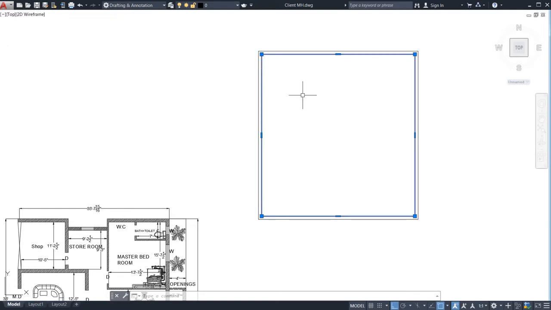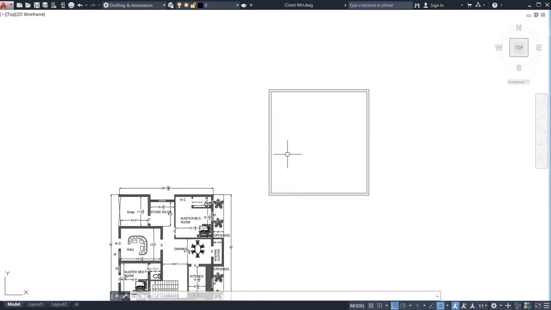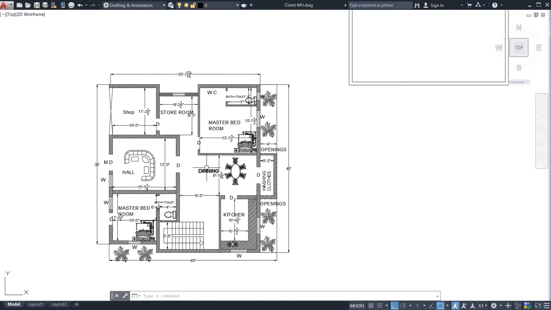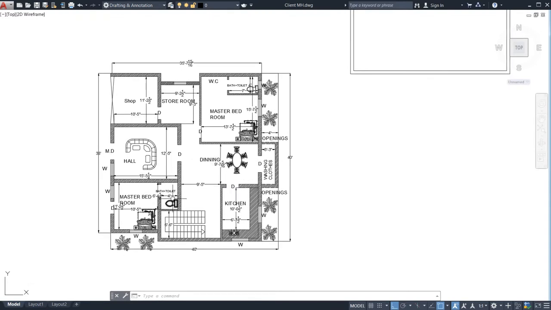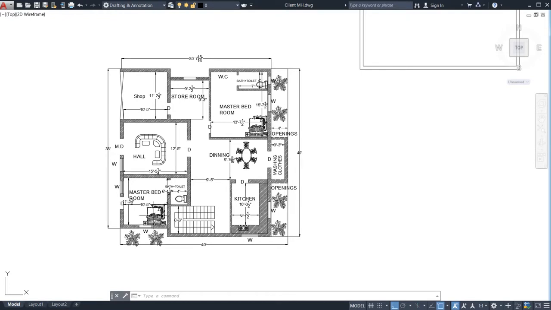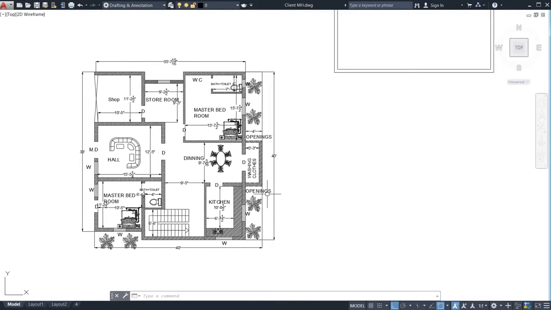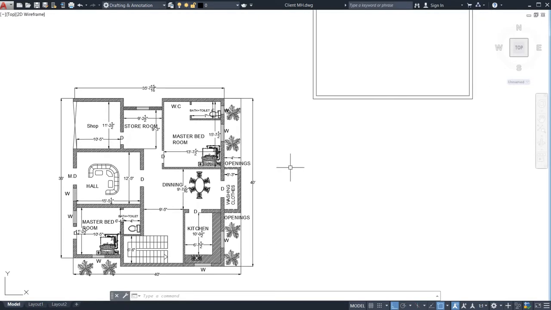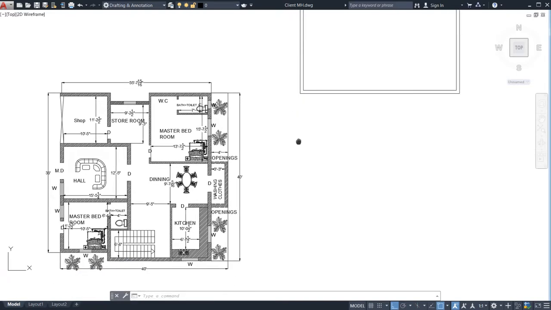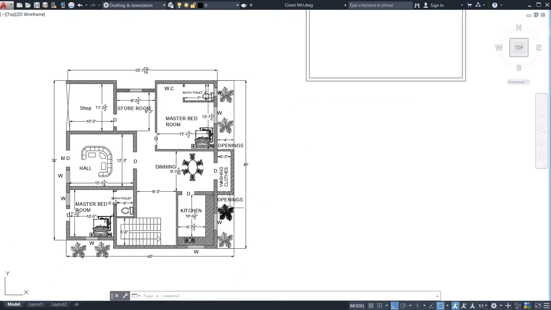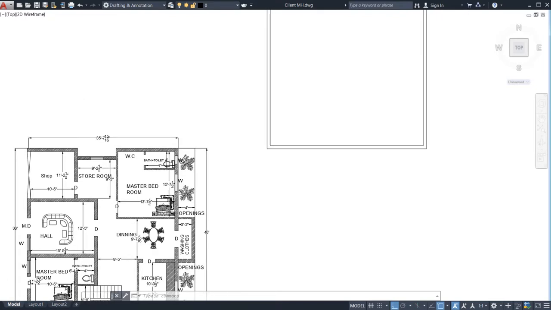Now go for the explode command. The shortcut key for explode is X. See, you can see it over here. Now enter it. Now once you click it here, you can see I can take the single line, whatever line I want, I can get it from here. Now what I need to do, see here in this plan, what are the things which you need to consider. First of all, up to here, this is 40 feet, right? Before taking the 40 feet, I need to take what I have already taken here.